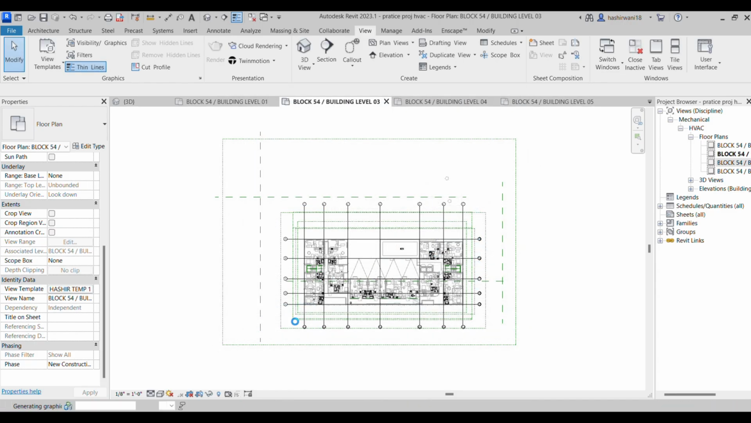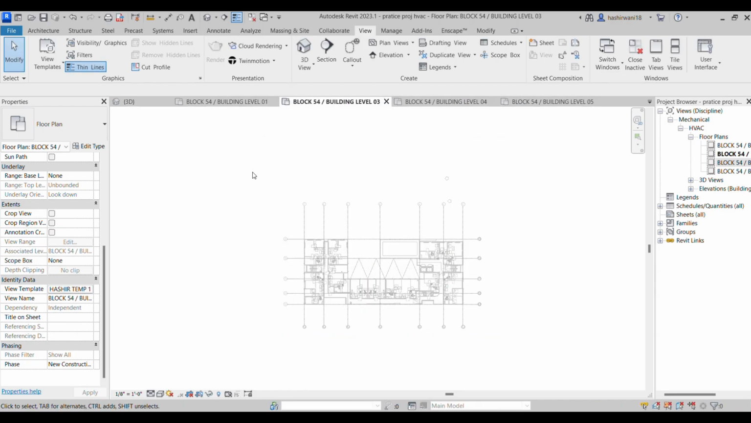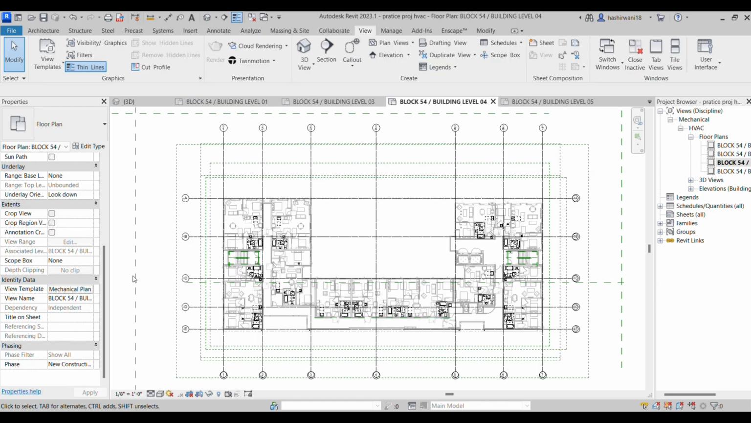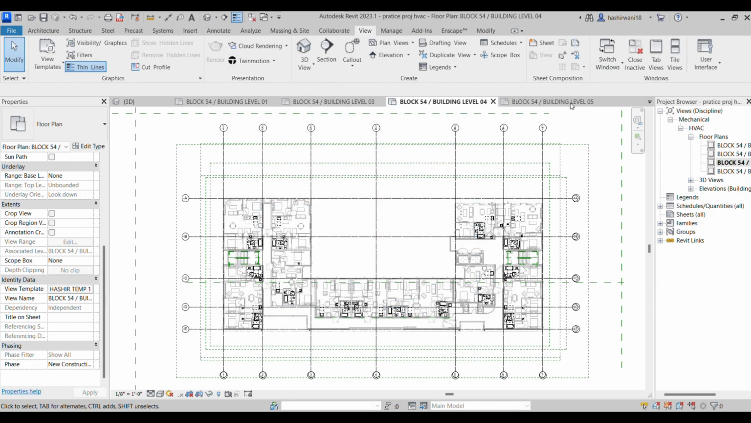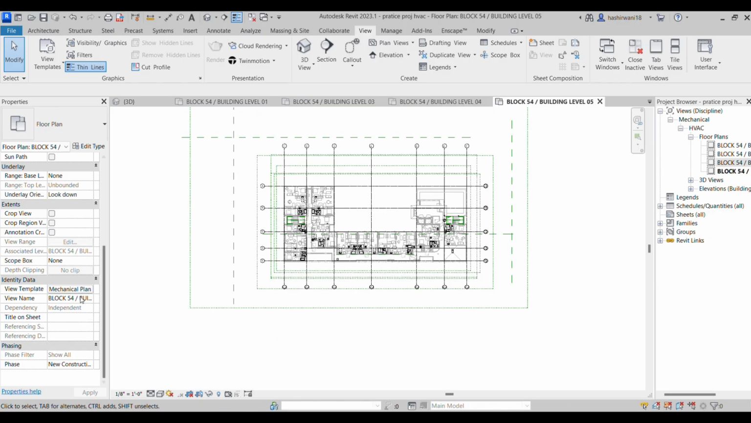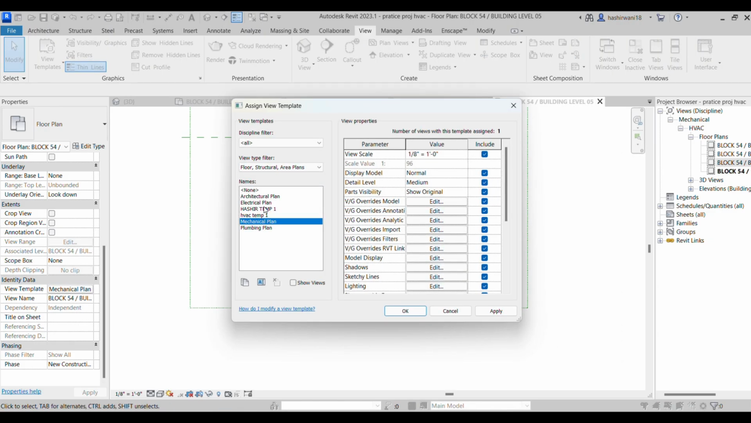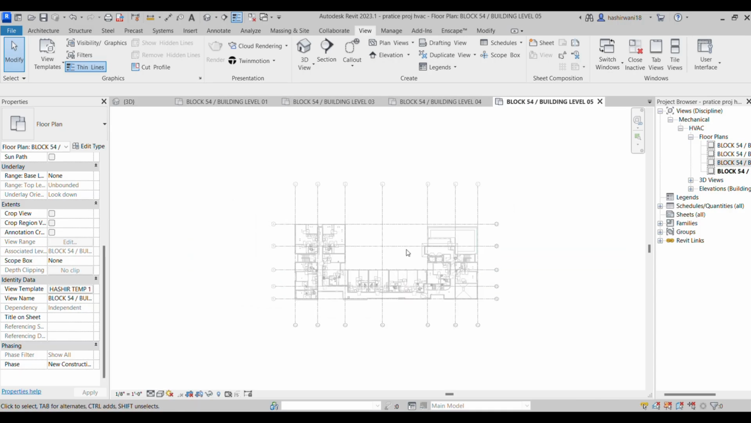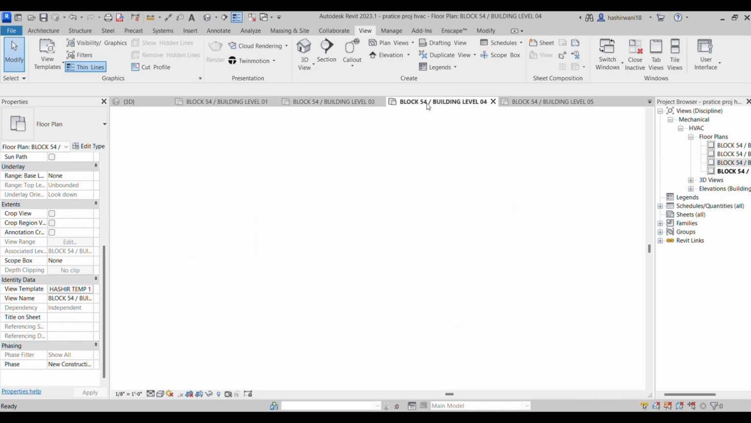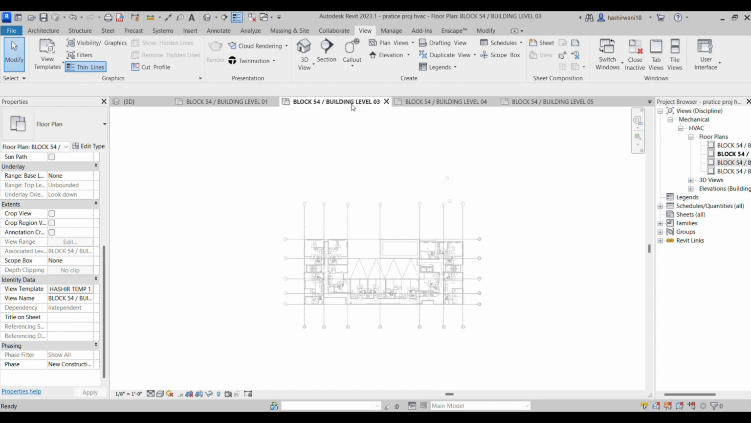Okay, so now all the settings should automatically be done just like we did in level 1. Same thing happens in level 4. I can simply move it to Hashir template 1, and then level 5 as well, Hashir template 1. Okay, so this was all about project setup, how we set up, how we link different architectural files with our